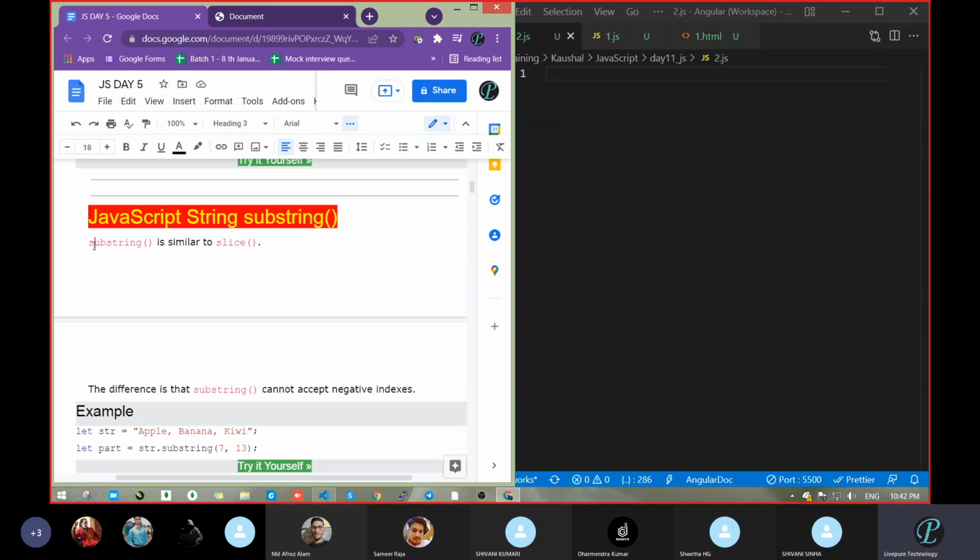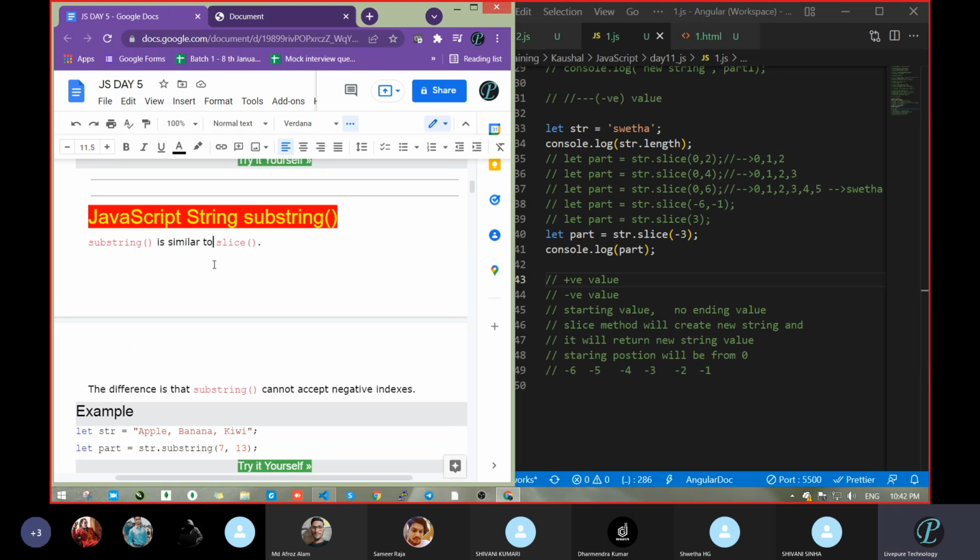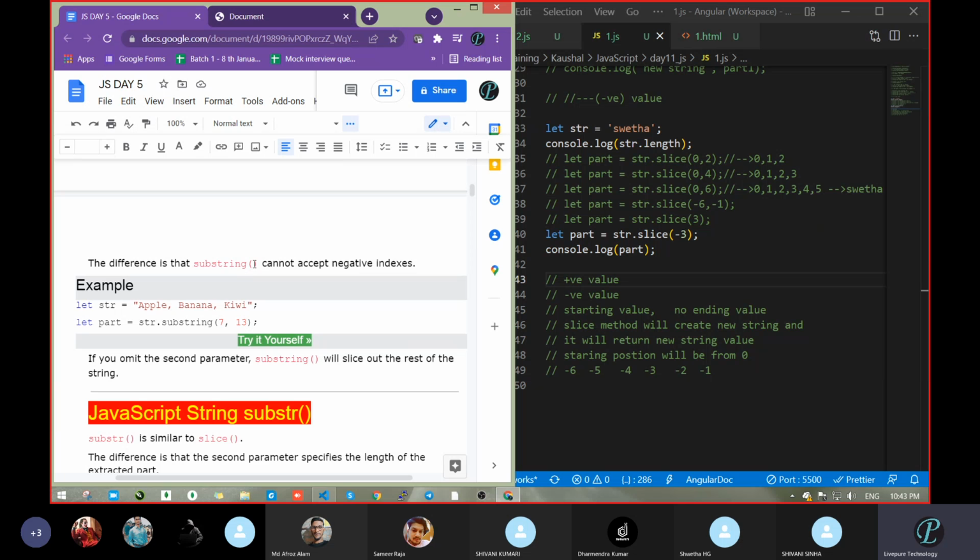Now see, substring is similar to slice. Whatever we had done in slice, it is the same. But what is the difference? The difference is that it cannot accept a negative index; substring will not accept a negative value.